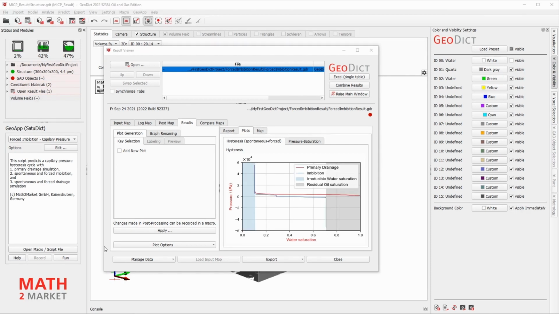As you can see, you have your primary drainage colored in red, followed by your imbibition, or spontaneous imbibition. As soon as the pressure becomes negative, you know that you're in the forced imbibition domain.